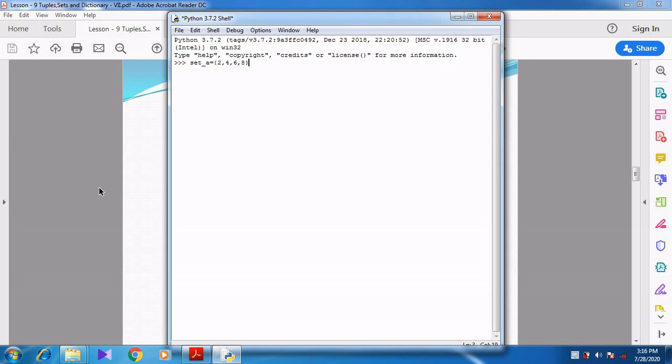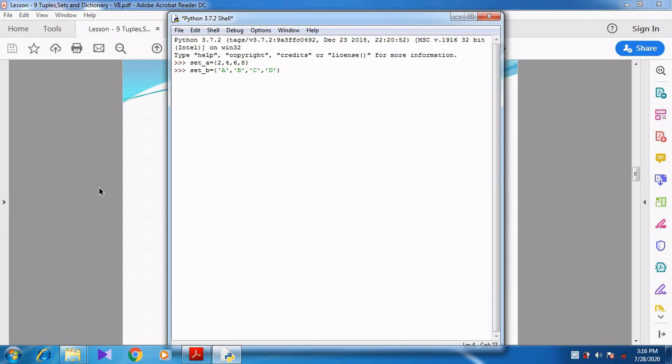The programming can be typed in script mode, or else we can type it in interactive mode, that is your wish. So set_B is equal to, in single quotes, 'A', comma, 'B', comma, 'C', comma, 'D'.